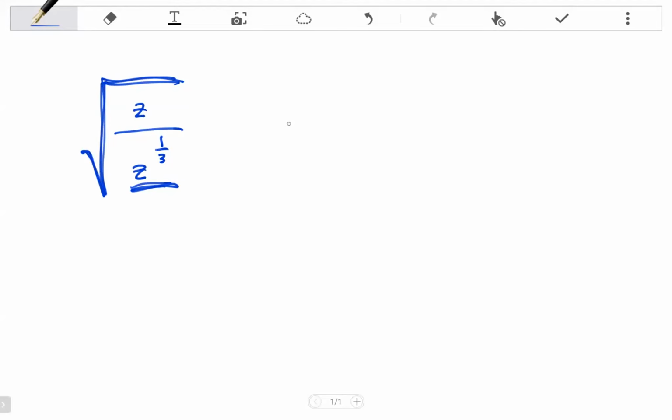Can we change this? What do you think the fraction form of this whole thing would be? This might be a little hard, so I'll just give you the answer. We can think of this as one term and just see 1/3